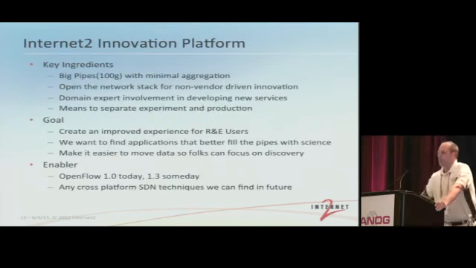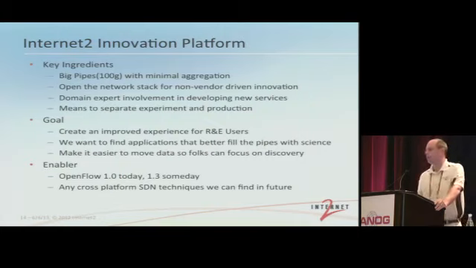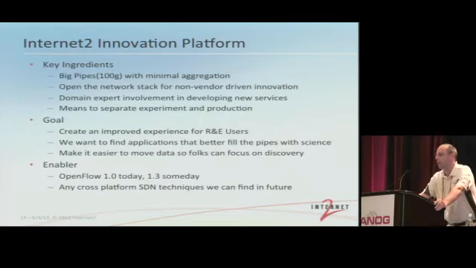So Internet2, and we love our marketing people, they have this idea of what they call the Internet2 Innovation Platform. This really constitutes the AL2S network, is what we like to affectionately call it. The key ingredients for this really are big pipes. So this is the 100 gig with minimal aggregation. If you have elephant flows, they work well with 100 gig. That's the idea there. But we also want to combine that with an open networking stack that in some way